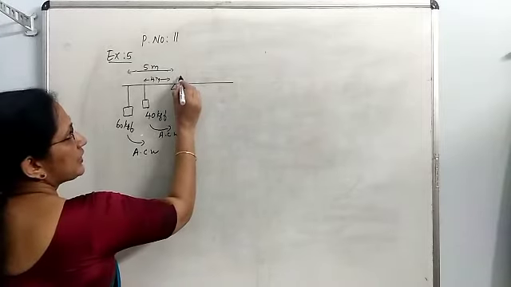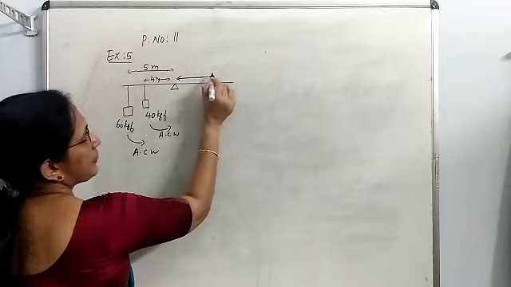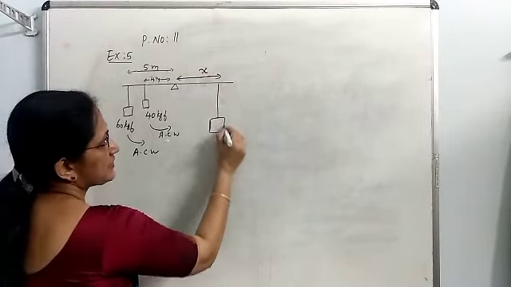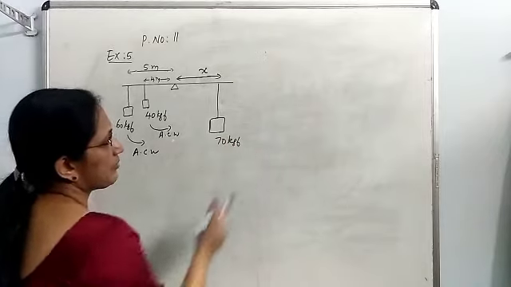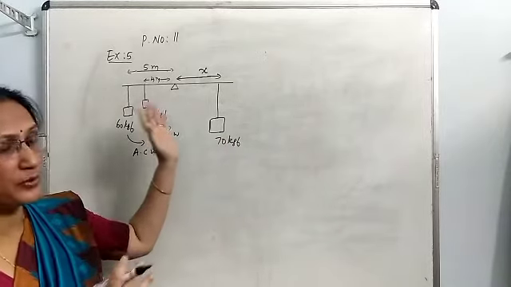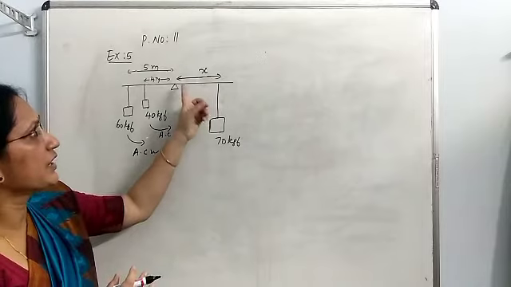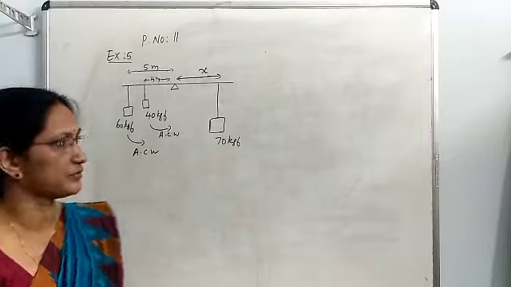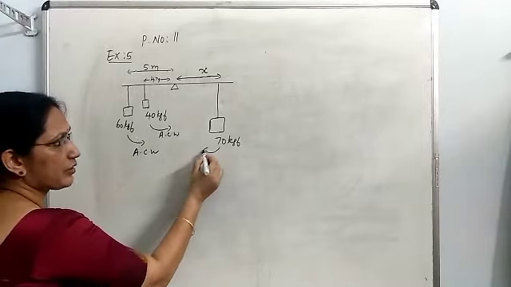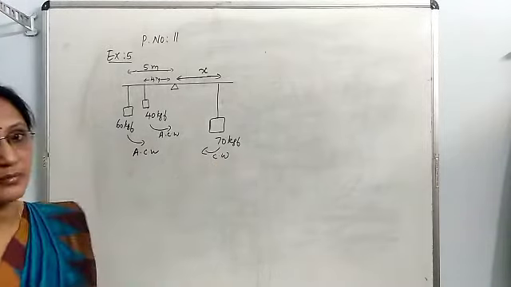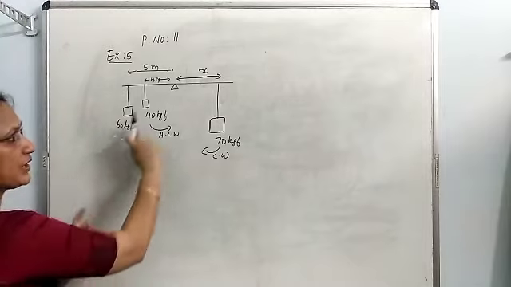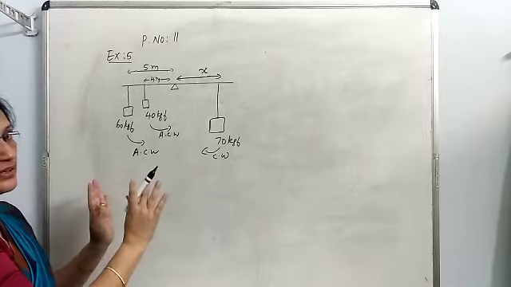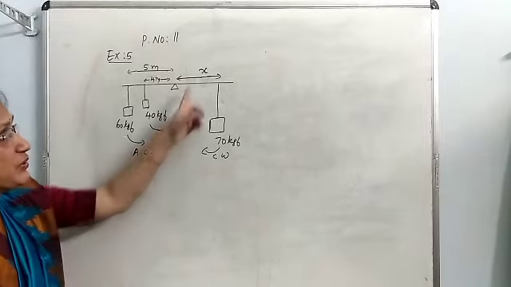So we assume that he has to sit at a distance x, an unknown distance we don't know, but his body weight we know, 70 kilogram force. A man of 70 kilogram force body weight must sit on the other side at an unknown distance, and at what distance he has to sit to balance the seesaw we have to find out. You know, this man will make a clockwise moment and the seesaw will remain in equilibrium only if the total anti-clockwise moment and clockwise moment are equal. So we assume that this seesaw is now balanced, but we don't know the distance.